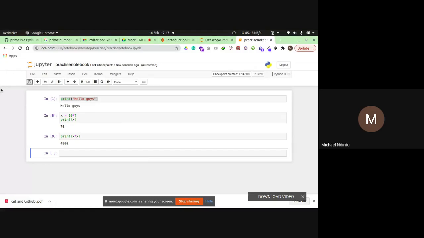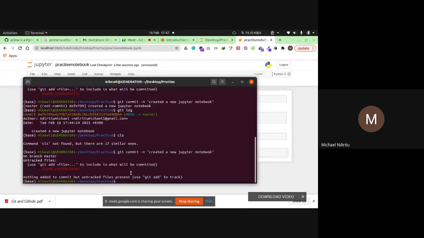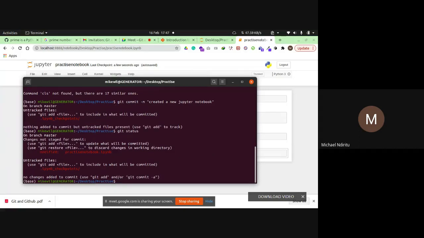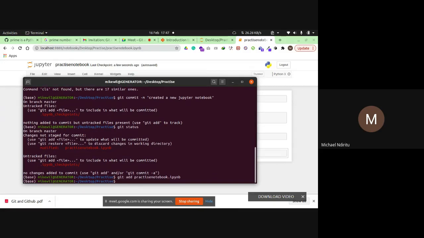If you go back to the command line and type git status, we will be told that we have modified our file and we should update it. So what I'm going to do is add it again, and then add a new message to commit. I'm going to write new notebook cell. In Jupyter we work with cells.